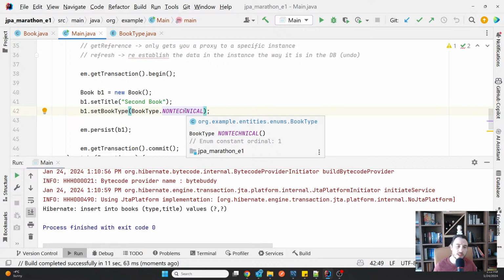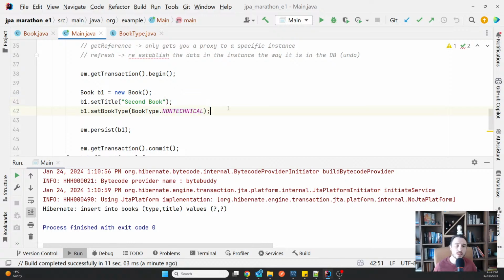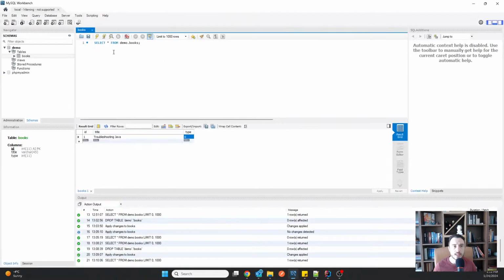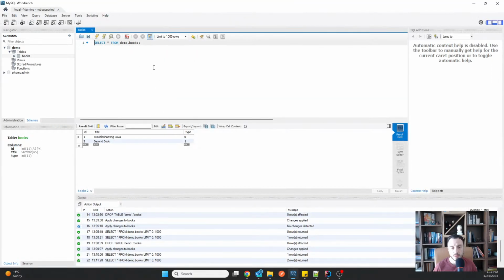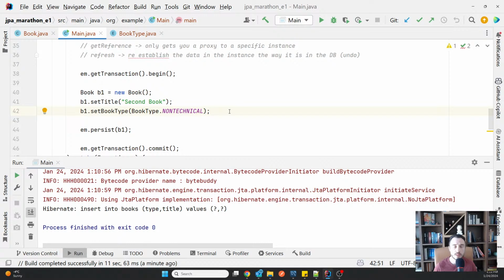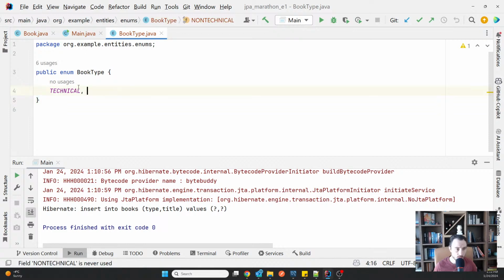Let's say the amount of space is not that big a deal, because usually the enumeration values also have small names, okay? But those would be the two advantages of having ordinal. However, the string, which is my favorite, the one we started with, has the advantage that if you change the order in the code, it will not impact the data. And for me, this is critical. Because look what happened here. I just changed in my Java code the order for technical and non-technical. And you can guess what happened now.